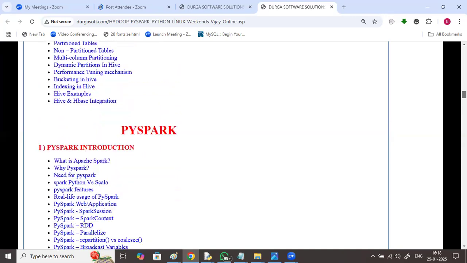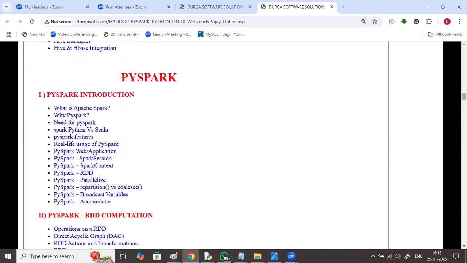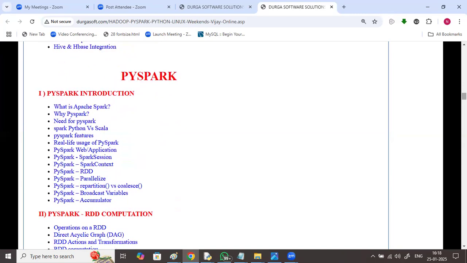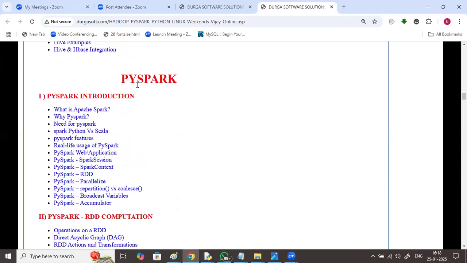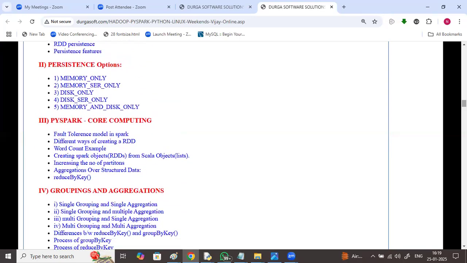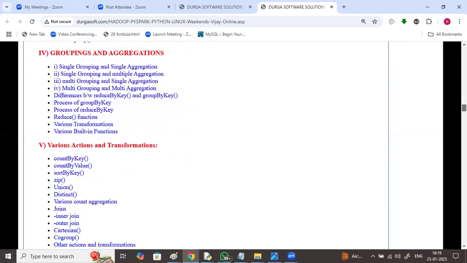And also streaming component like Kafka. PySpark. Next, PySpark is the important component. PySpark introduction. Why PySpark? Need for PySpark. PySpark features, sessions, Spark context, PySpark RDD computation, PySpark persistence, PySpark core compute, groupings and aggregations, and various actions and